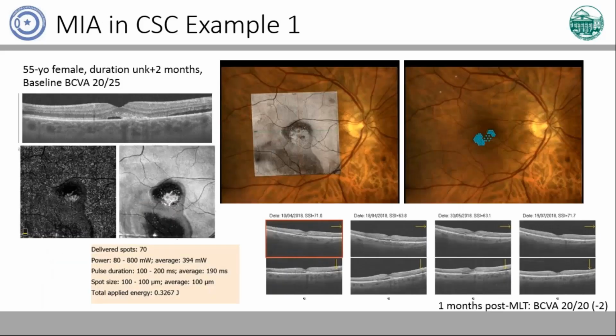And here are several examples. One of them is this lady with chronic CSR. You can clearly see this gravitational track on the en face image, which is associated with this area of RPE irregularity. Please note that there is no CNV here. The signal on the OCTA image is very weak and probably is artifact. So we chose this patient for micropulse laser, and we chose this RPE irregularity area as the aim for treatment. And you can see that the fluid after treatment completely resolved and this condition was stable over several years